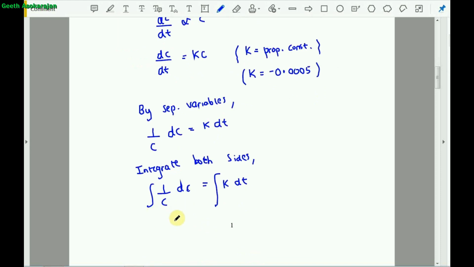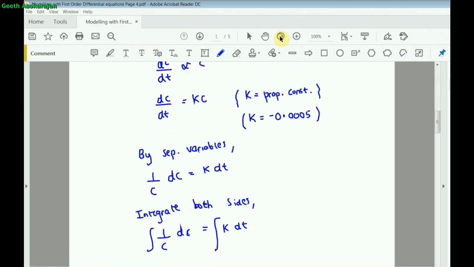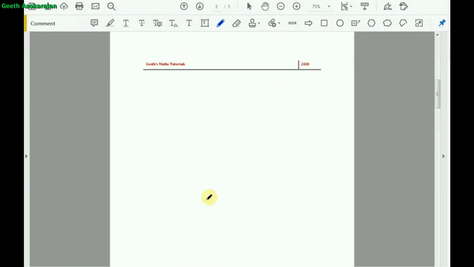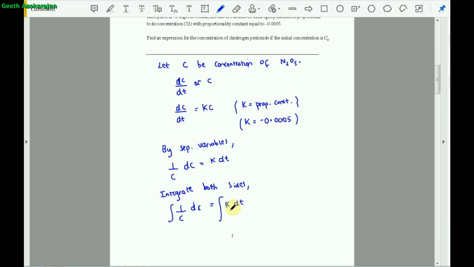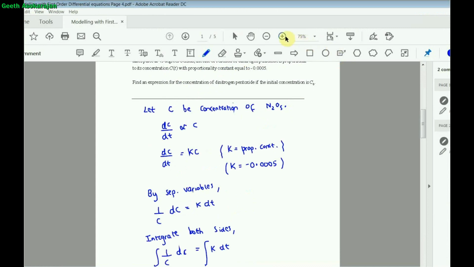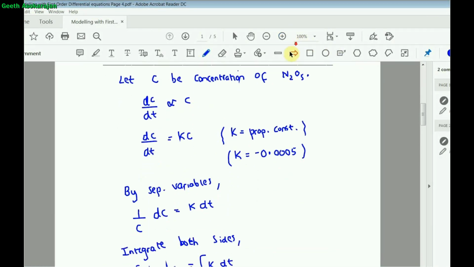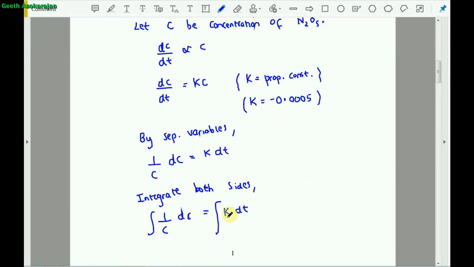If we integrate 1 over capital C, we get ln C, and that is equal to the integral of k with respect to t, which is kt, but don't forget to add a constant of integration, so it's kt plus